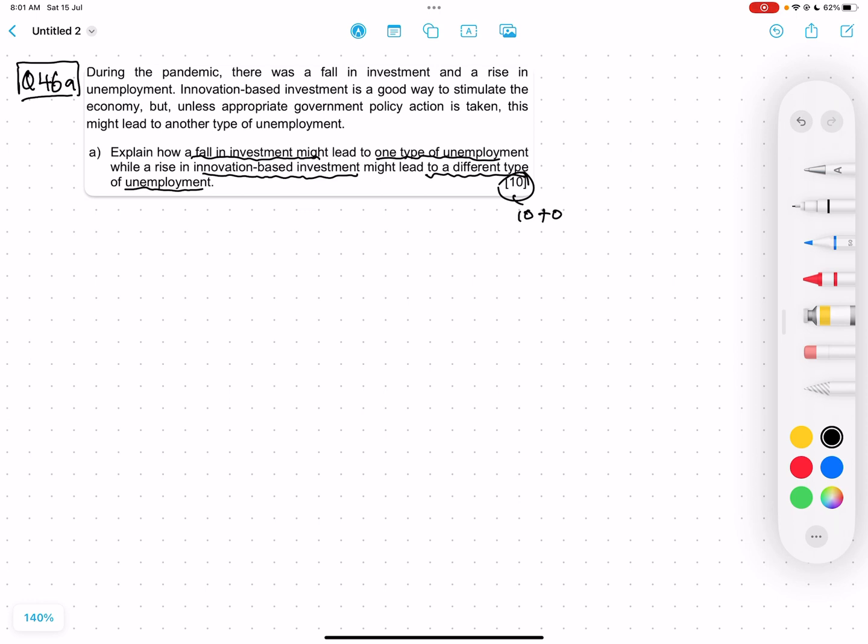Okay, then let's try and identify the requirements. Requirement 1 would be: there's a fall in investment and how it leads to one type of unemployment. So when there's a fall in investment, it leads to one type of unemployment. And requirement 2 would be how innovation-based investment will lead to another